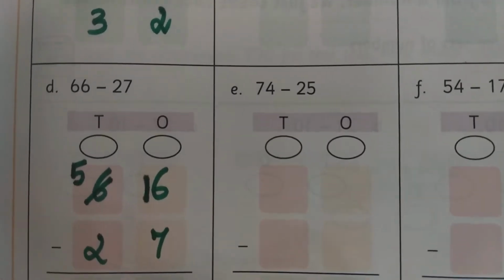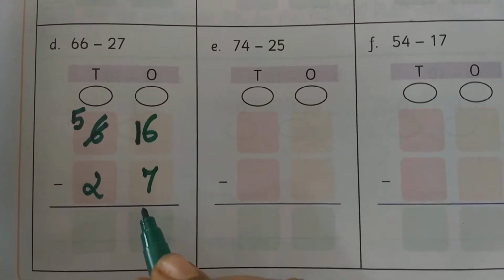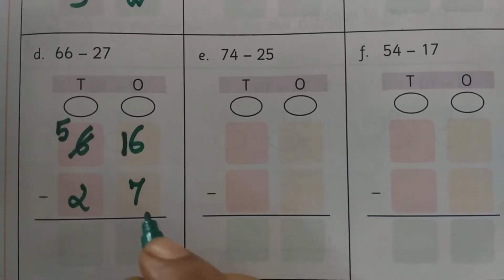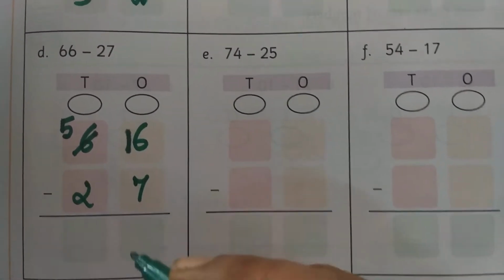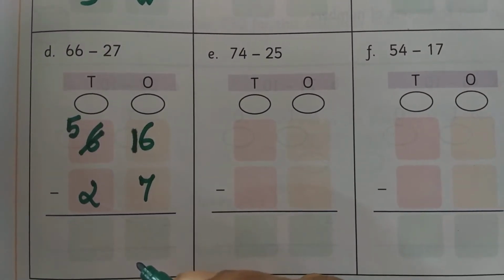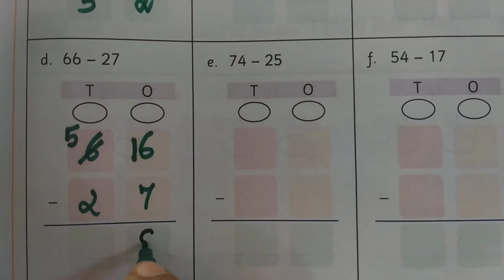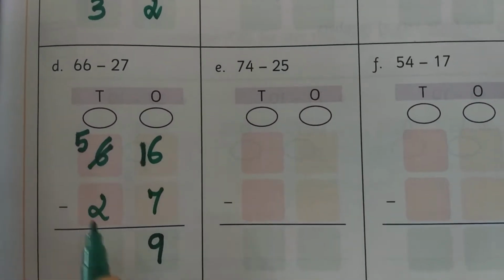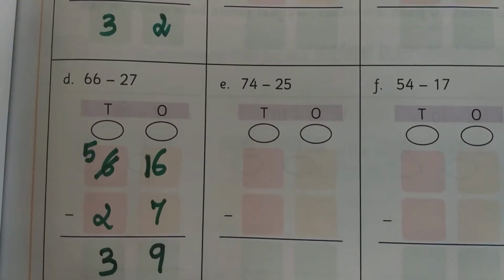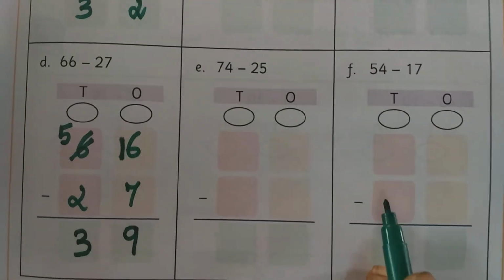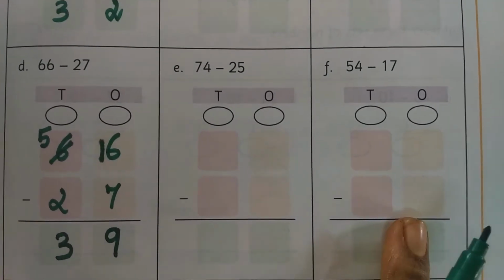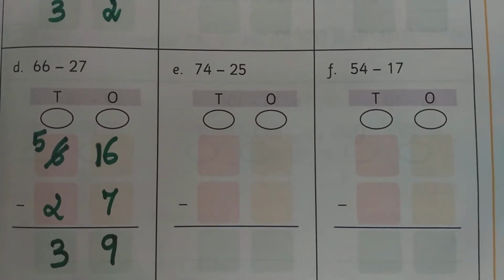Okay, now you can do the subtraction. 16 minus 7, as usual you can draw the lines and strike out and do it. Okay, yes. 16 minus 7, what is the answer? Tell me. Yes, very good. 9. Okay, 5 minus 2, 3. So 13 is the answer. The remaining 2 sums also you can do by yourself at home. Sit along with the parents and complete these 2 sums.